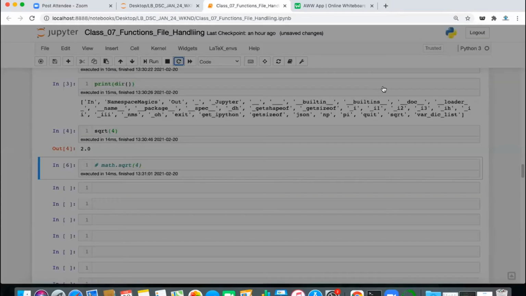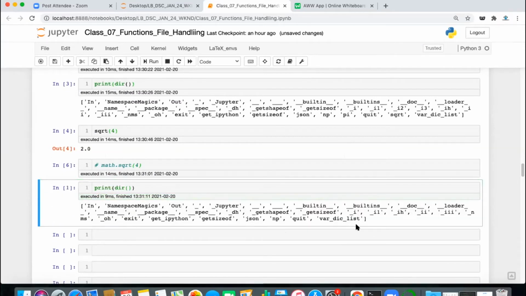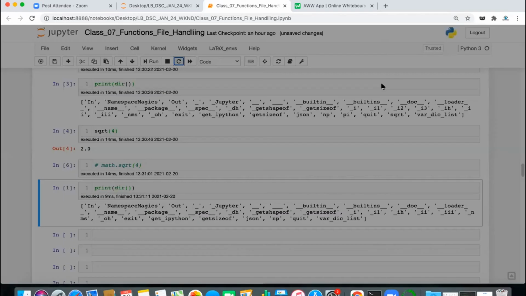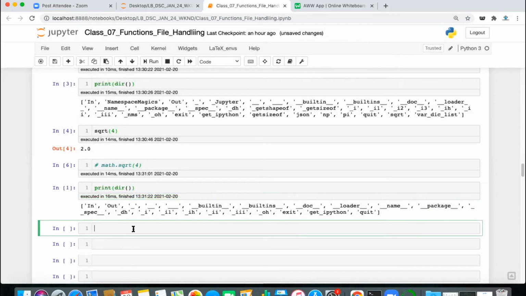The third way of importing is to rename the module. If I check the directory again, these things are available to me. In that case, if I'm importing math, I can rename the module.